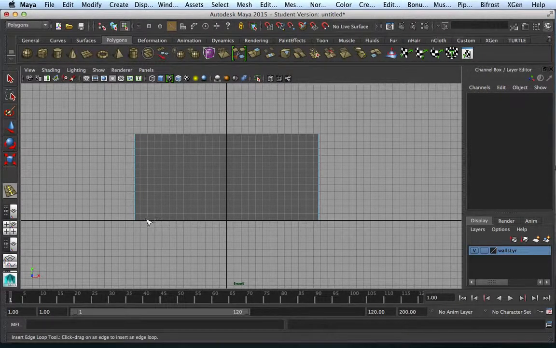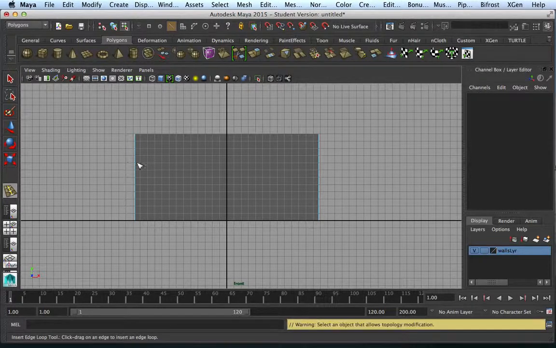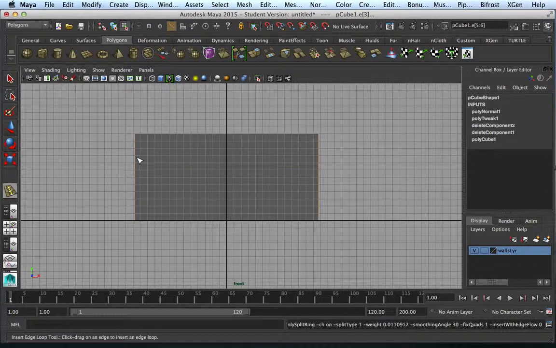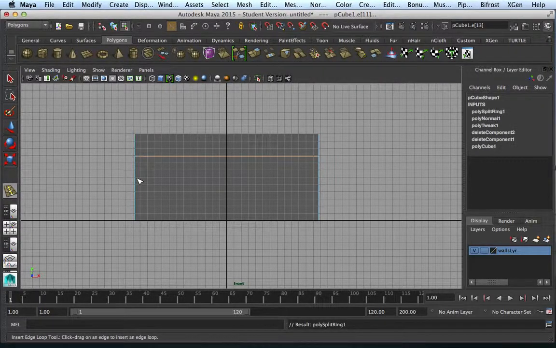So if a person is at least 6 foot tall, 1, 2, 3, 4, 5, 6, let's say the window is roughly around this height, right over here. I'm going to make it a little higher, maybe about here. And another one right there. And the window will be this wide,